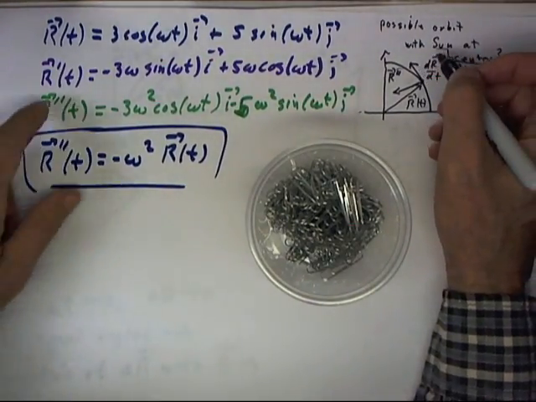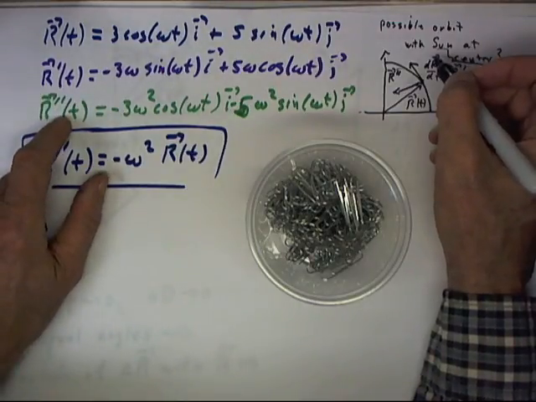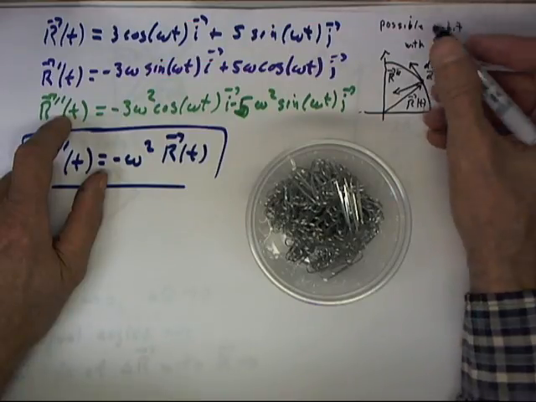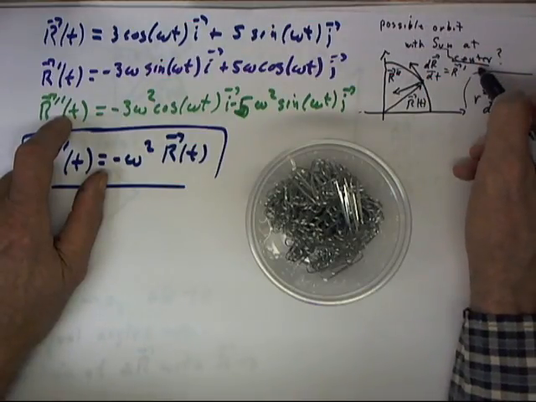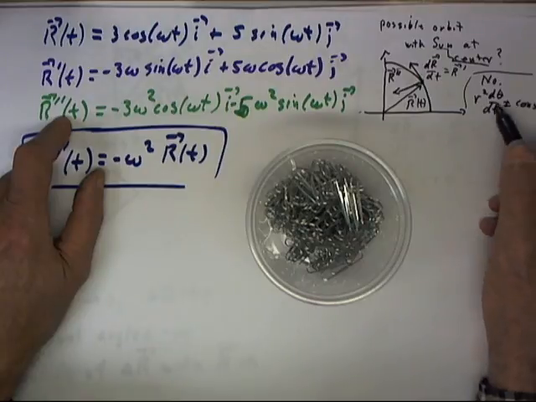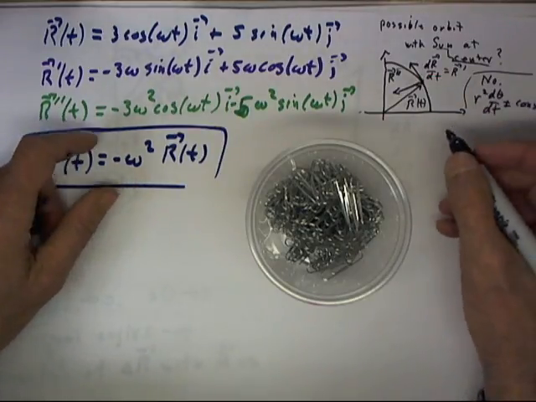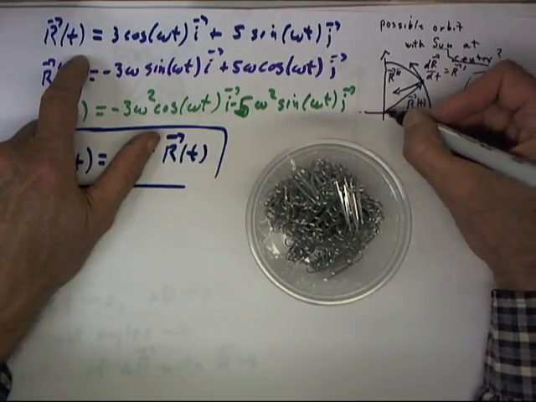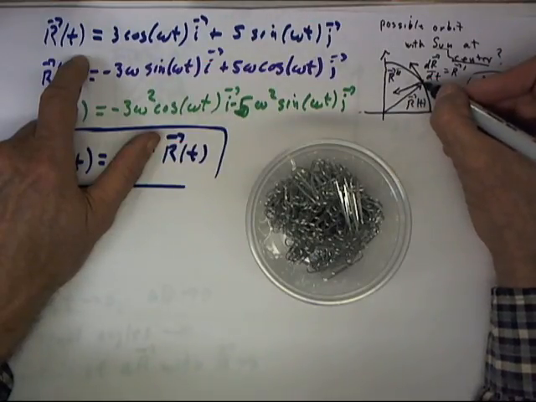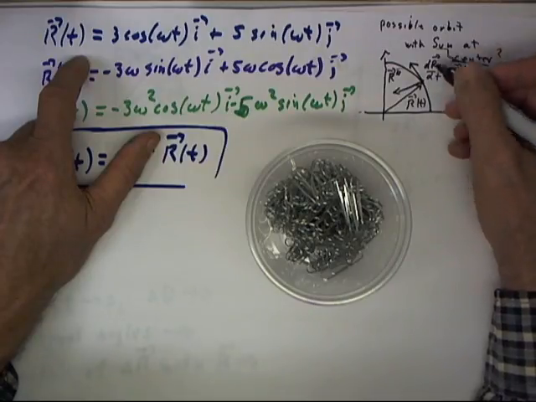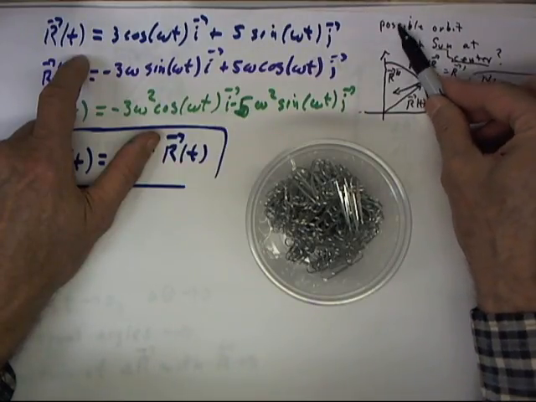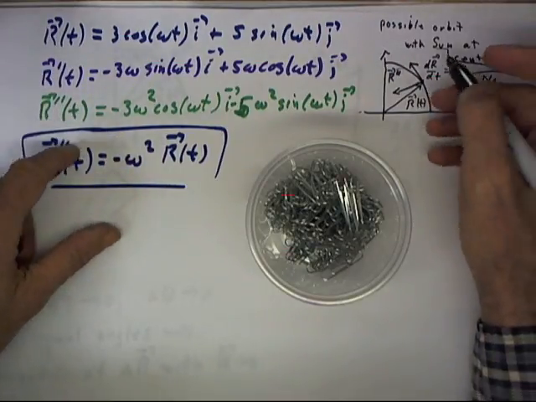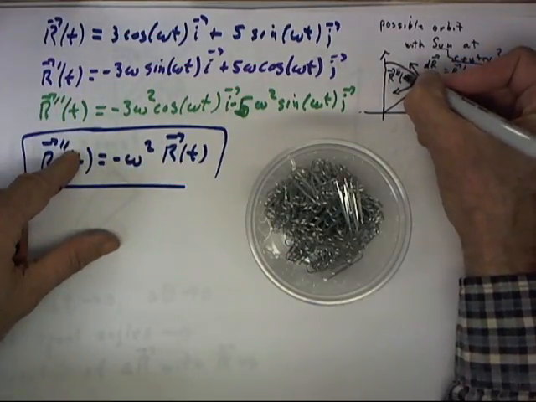Let's see if there's something we can discover from the velocity and acceleration vectors that would contradict the possibility of an orbit with the sun at the center. That might be simpler than taking all these derivatives was. So our r of t vector at any time t is just going to be a vector from the origin to the position of the object in the orbit. Our dr dt vector is going to be tangent to the orbit, to the path of the orbit. And our r double prime of t vector,